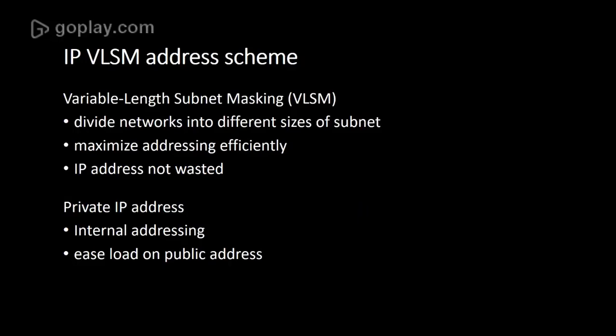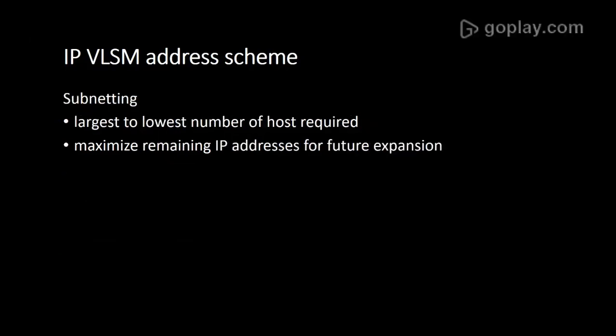Variable length subnet masking (VLSM) is used to divide networks into different sizes of subnets to maximize addressing efficiently without wasting any IP addresses. Additionally, private IP addresses are used for internal addressing without burdening load on the public addresses. The order of the subnetting process is done according to the host requirement, starting from the largest to the lowest number of hosts. This is the most optimal way of subnetting in an effort to maximize the remaining IP address